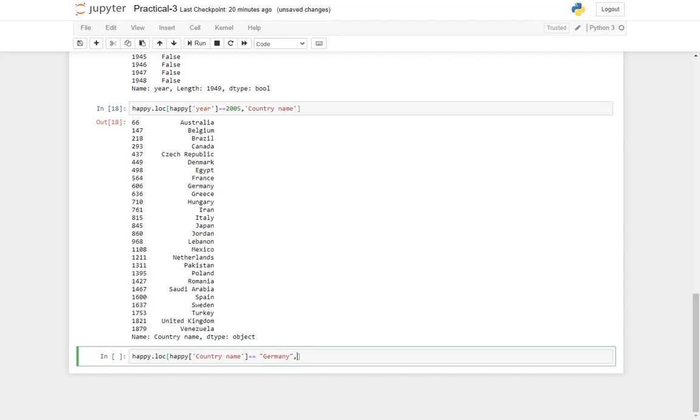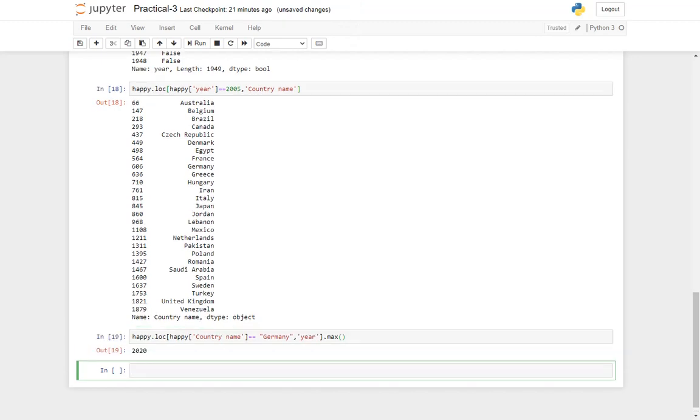Comma. Here I want to find out the latest year. So year dot max. I'm calling the function max. So for the data frame happy, I am indexing it to where the country name is equal to Germany and the year is the latest year, that is the maximum year. Yeah, so it is giving me 2020.